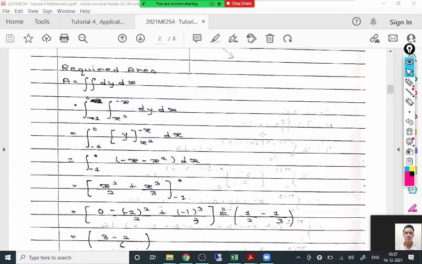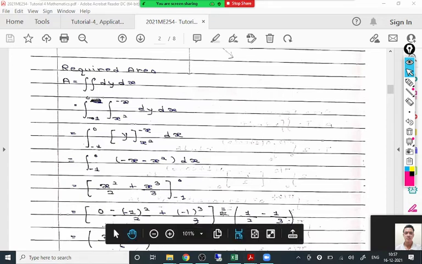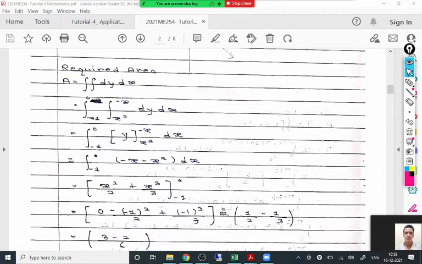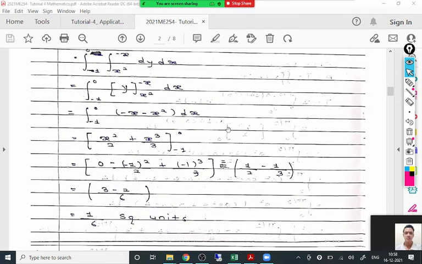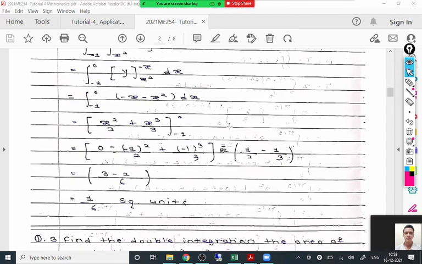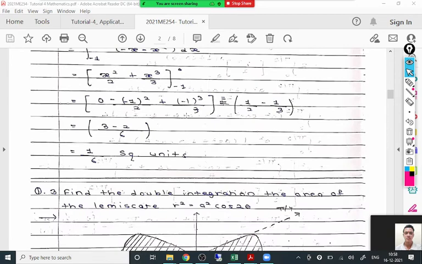Whatever plane we are given, an oblique plane, which is x plus y minus z equal to 0, something like that. This plane passes through the origin, but the intersection of that plane with the xy plane is a straight line, that is x plus y equal to 0. Are you getting? Yes, sir. Sometimes 3D figures are a little bit difficult to imagine, but you have to think on it.